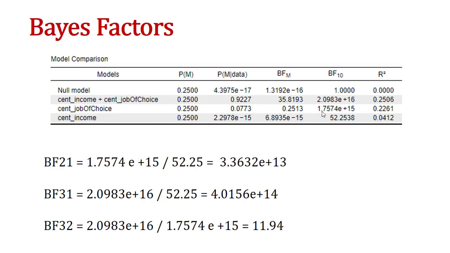If we want to see whether job of choice affects psychological well-being, we look at this Bayes factor, and it's extremely strong evidence in favor of that. And sometimes we want to know, it may be the case that the two variables share a lot of variance, so they are very similar, and they both affect psychological well-being, but because they measure the same thing. So we want to know whether, when we add the two variables together, this is better